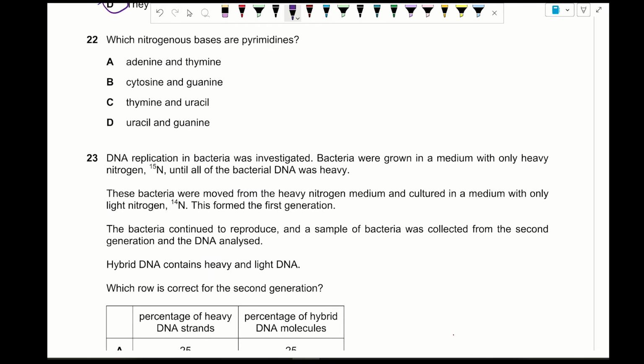Question number 22. Which nitrogenous bases are pyrimidines? So, purines are adenine and guanine. Pyrimidines are thymine, cytosine, and uracil. Therefore, the correct answer is going to be C. And by the way, purines are made of 2 rings, while pyrimidines are the smaller ones made of a single